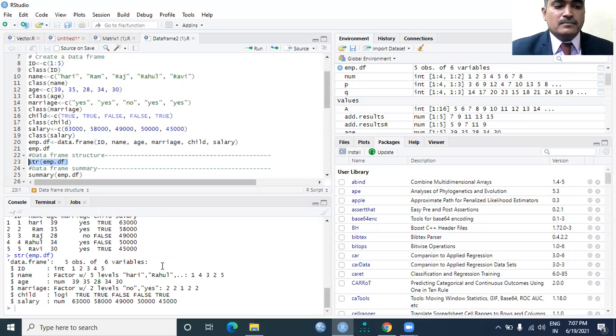The employee data frame comprises 5 observations of 6 variables. The first one, ID, is integer by nature. The IDs are 1, 2, 3, 4, 5. And the second one, name, is character in nature, which includes Hari, Rahul, and so on. And the third variable, age, by nature is numeric, the age group of the respondents: 39, 35, 28,